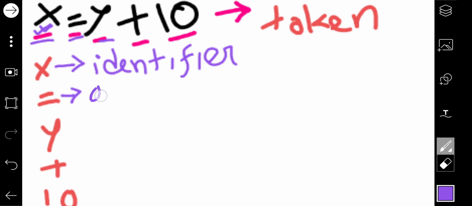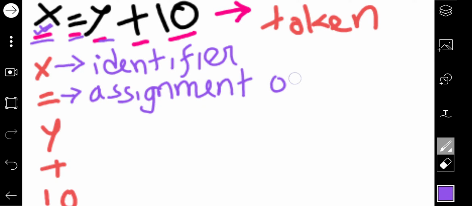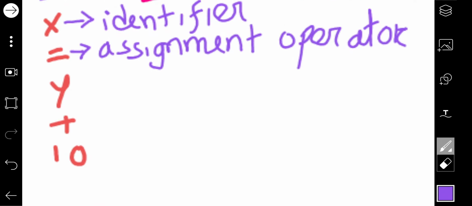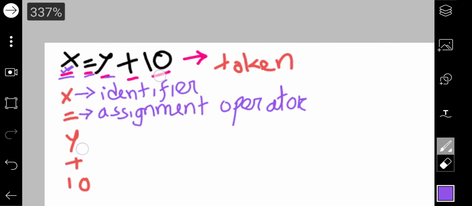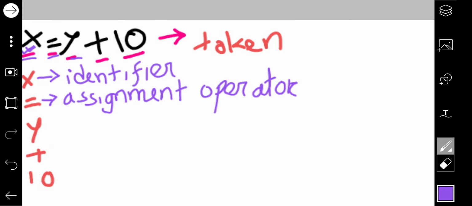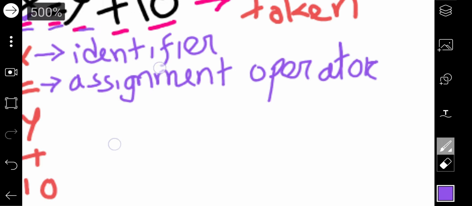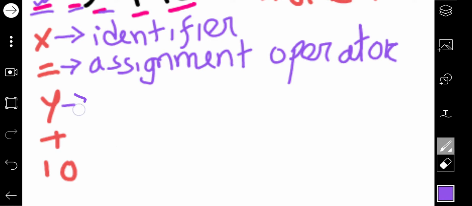So I'll say it is an operator, and this operator is called the assignment operator. Why am I calling it an assignment operator? Because after using the equal symbol, a value will be assigned to this identifier x. So it is called an assignment operator.